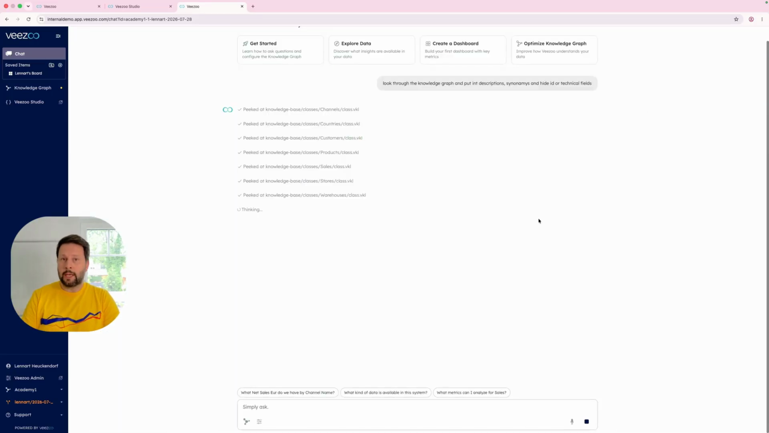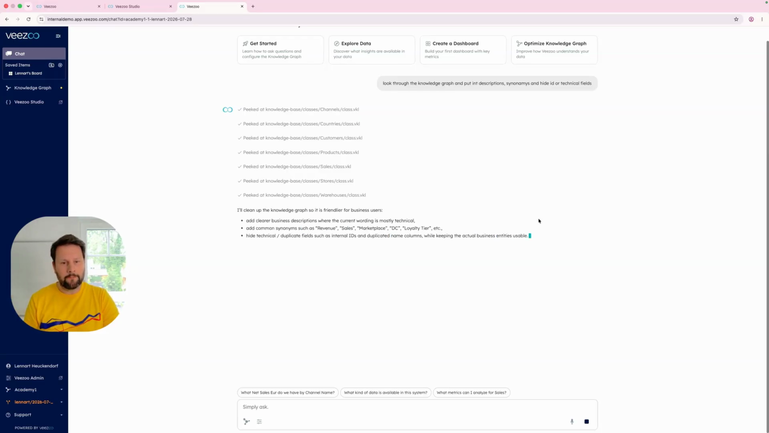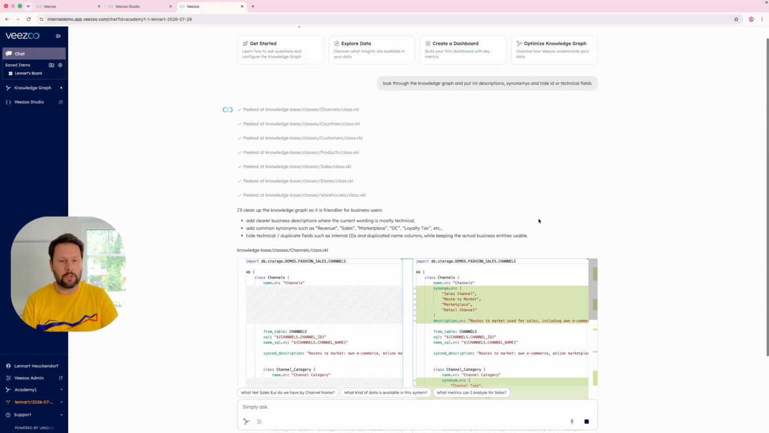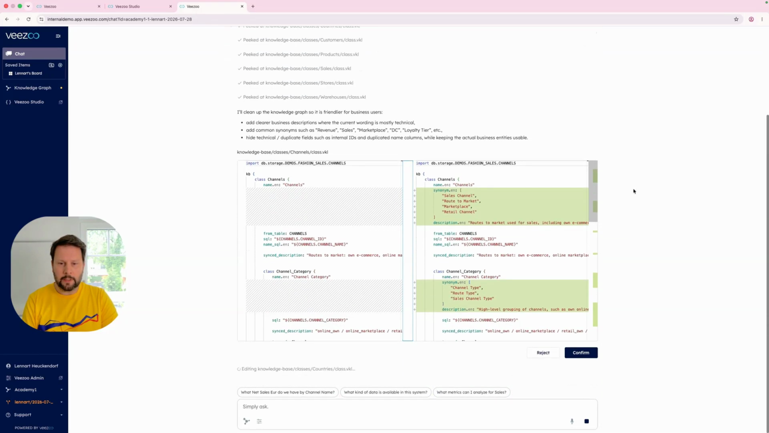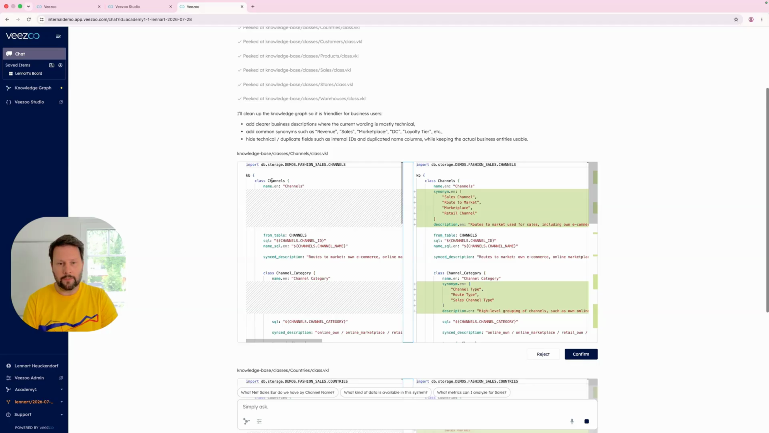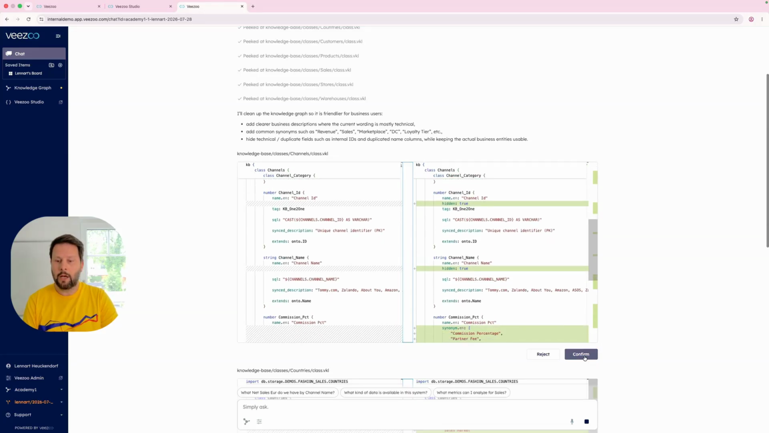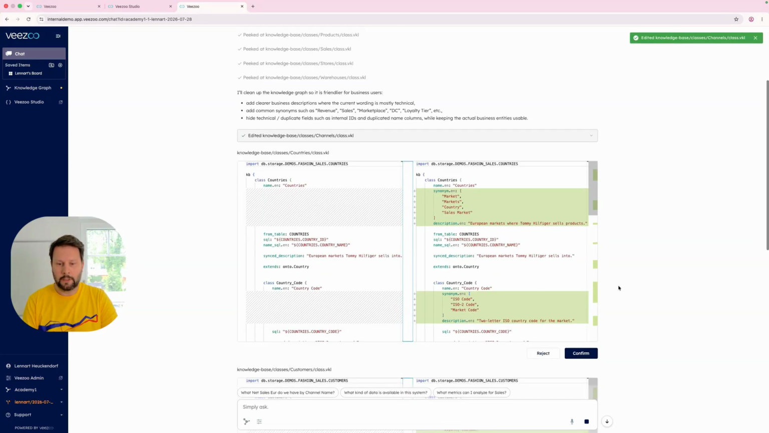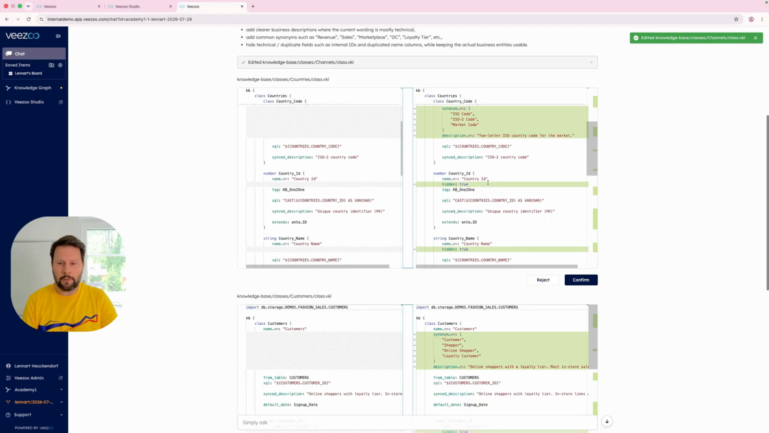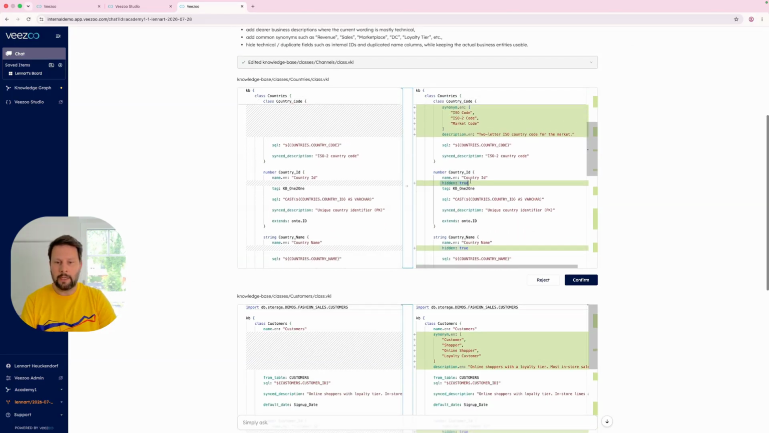So what Veezoo does now is it looks through all the different files that the knowledge graph is compiled of, and then changes the knowledge graph, but asking me what to change, or rather, to confirm the change. So currently, for example, here it does look at the channel class and it finds synonyms to add in the description. And it asks me, do you want to do that? And I say, confirmed, that is what I want. Same here with countries, for example. You also can see that there is hidden true for the country ID,